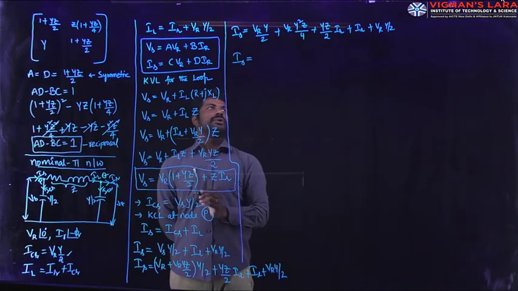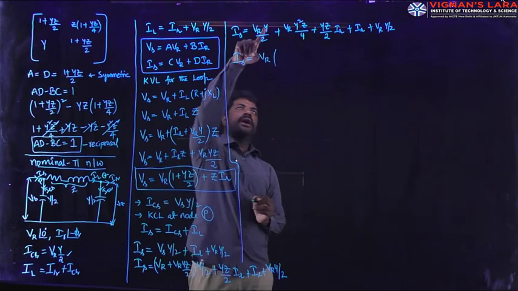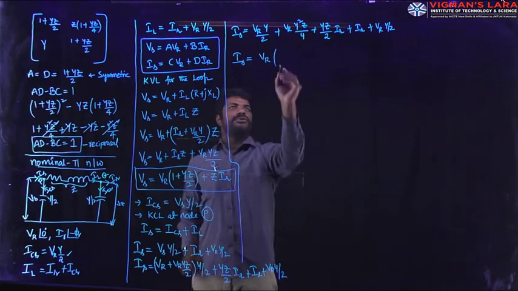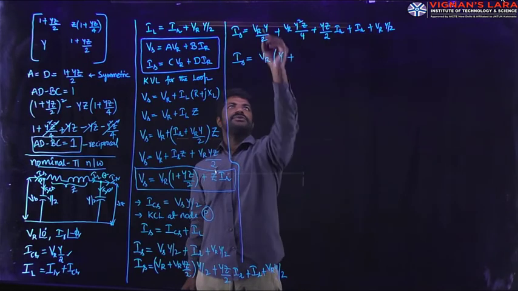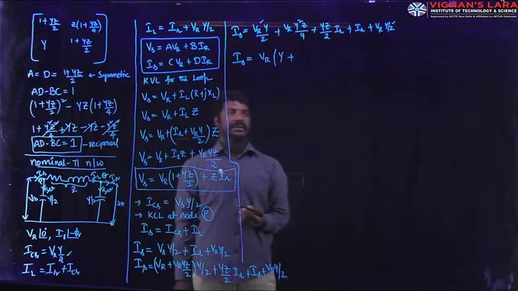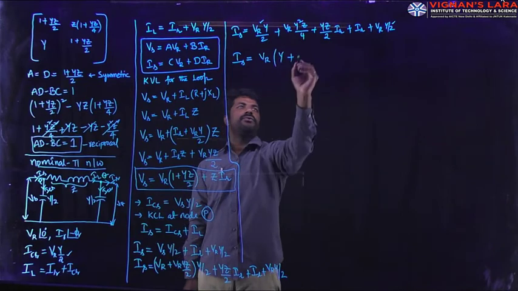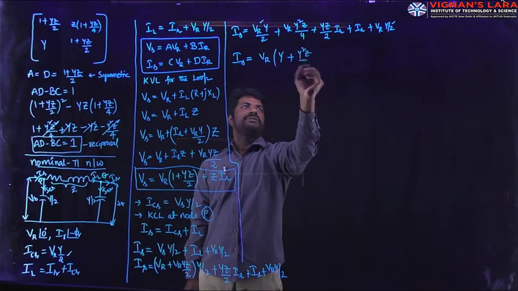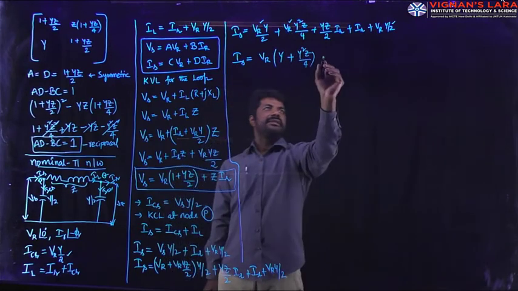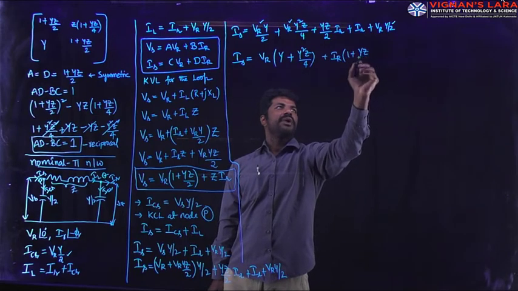Is is equal to, if VR is taken as common, then I can write that as y by 2, and here also it is y by 2. Y by 2 plus y by 2 gives me y, so these terms are completed in our simplification part. The leftover term, with VR as a coefficient, is y square z by 4. And the next part, IR is taken as common, so you can write this as 1 plus yz by 2.